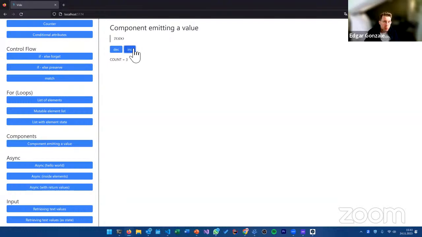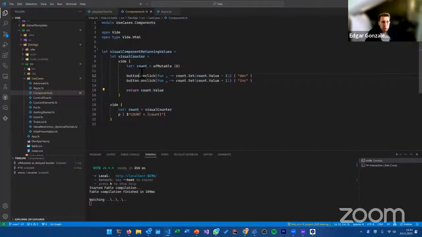So when I increment these values here, I have here the counter component. Here's this part, and we just use the value that we have emitted to display it below, which is this. We have here our component. We just say, okay, we have a counter, we have an increment and a decrement button, and we just return the value of the count. And then we can let bang this component, which is a little bit,